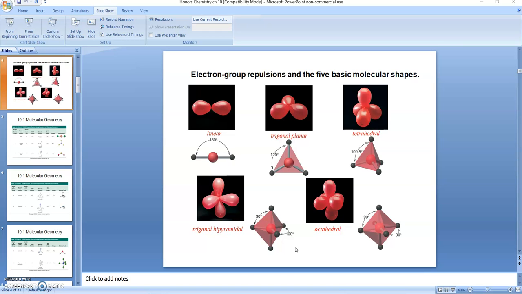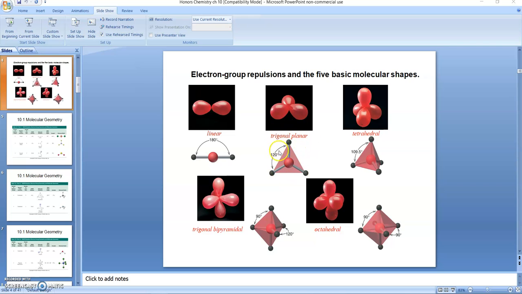Lone pairs are not constrained. So they expand up and become really big giant balloons, which makes them push more on the balloons around them. Or in other words, lone pairs are more repulsive. So if you have a molecule that has a lone pair on it, if you're talking up here with trigonal planar,